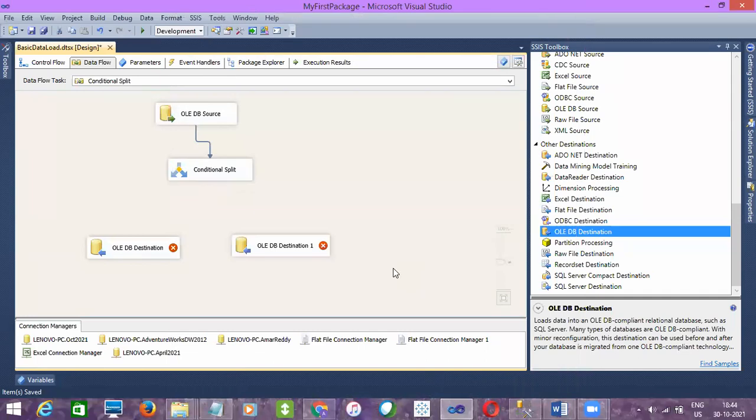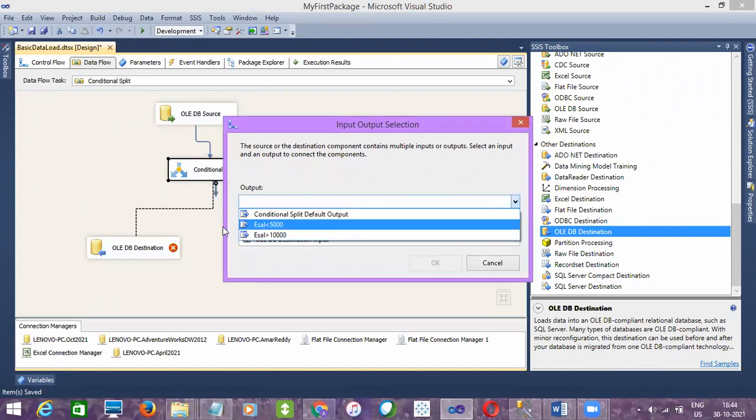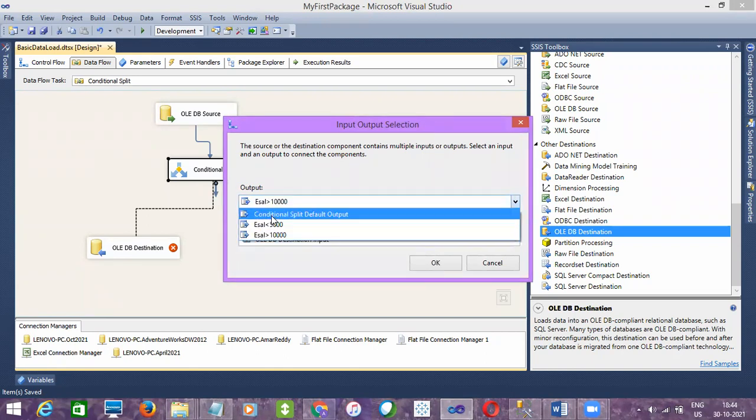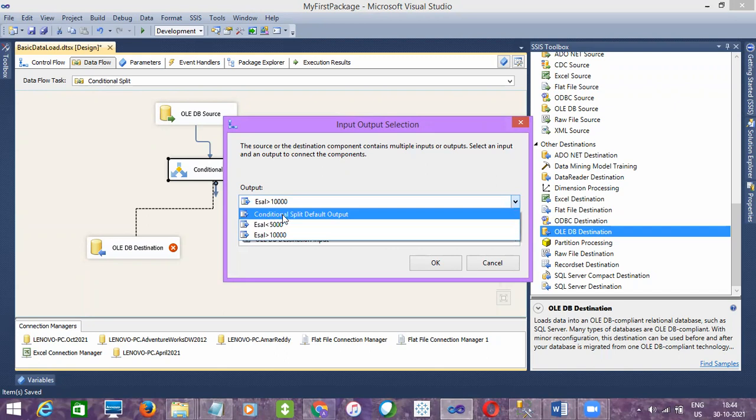Okay. Yeah. Now, if I drag it and drop it on the destination, it will pop up a window, and here we need to choose which output you want to redirect into this destination, either salary less than 5,000 or greater than 10,000, or the conditional split default output, which is the data which doesn't satisfy these two conditions. Okay, that is the third output.